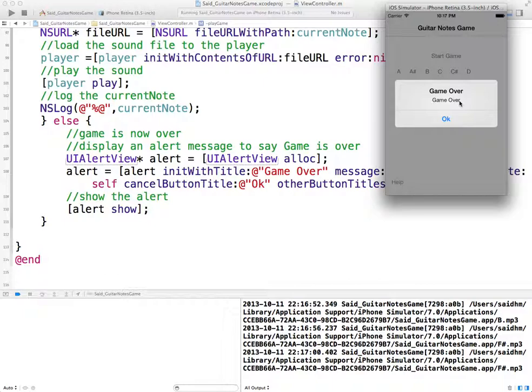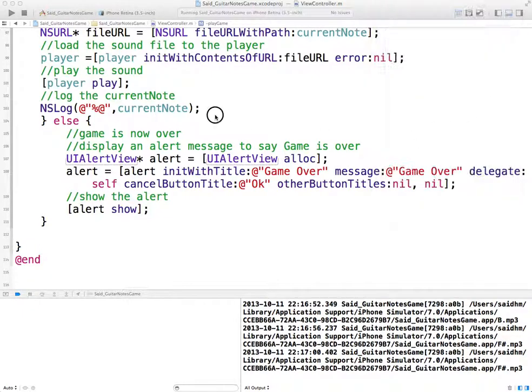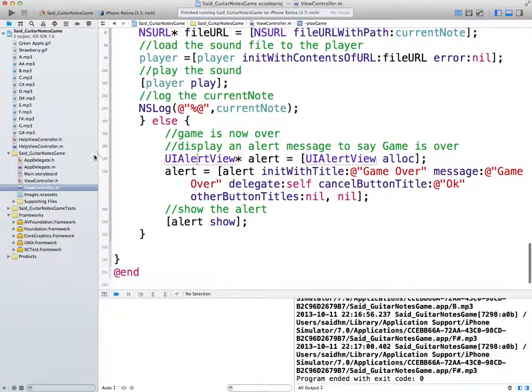Once we start to implement the scoring, which we'll do in the next video, we will update this message and put the score for that particular game in here. Alright, so let's add a label that tells me how many attempts there are, and then we will be ready for the scoring. So I need to go back to my storyboard